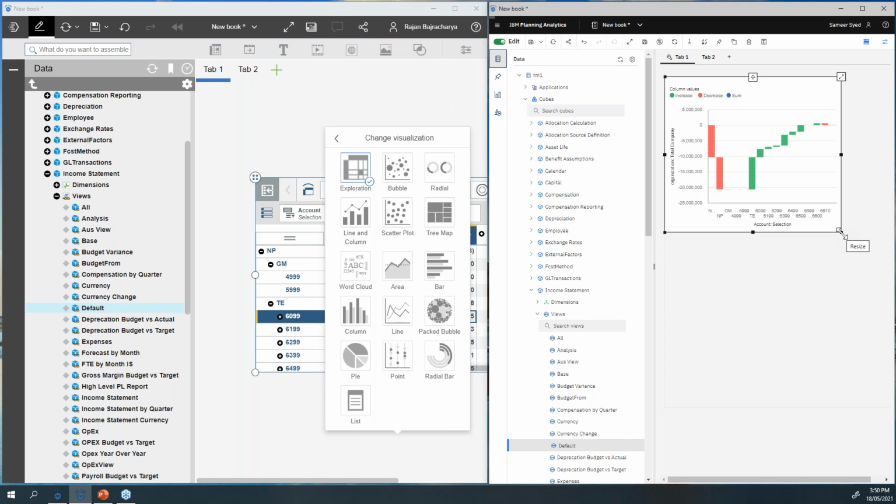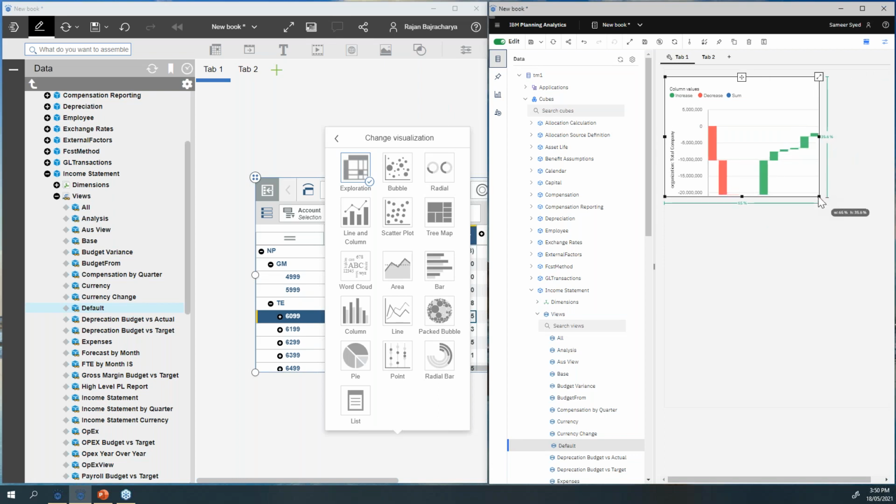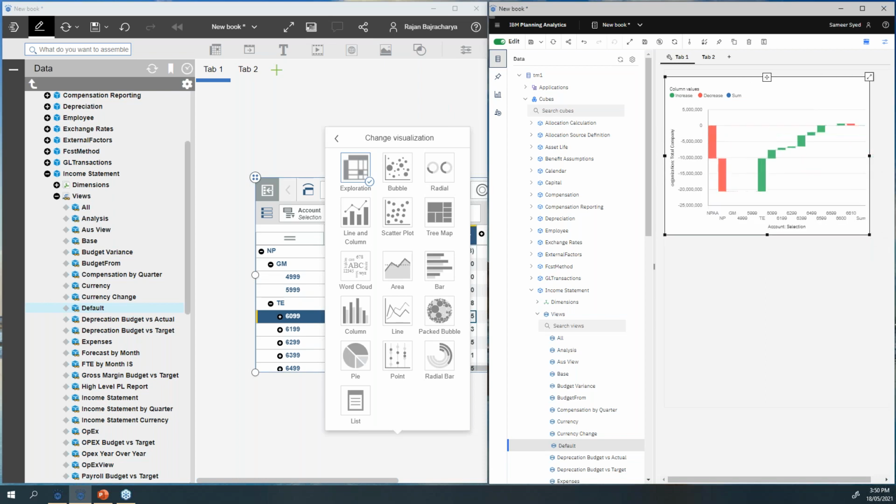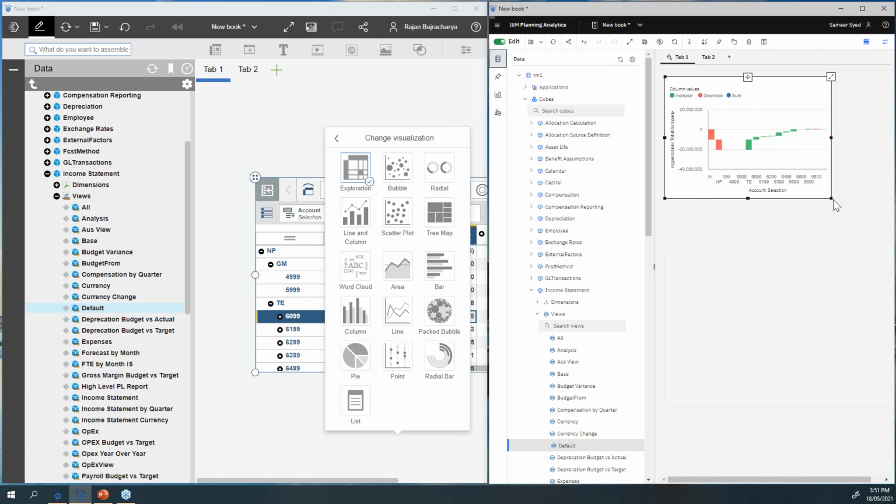And as you can see, this is something which was recently added. If you move or resize your chart, it automatically fits in the size of that window. That was really cool, especially if you're using an iPad, which is supported with this latest version of PAW. Depending on the size of your screen, this will adjust and fit within that screen size.